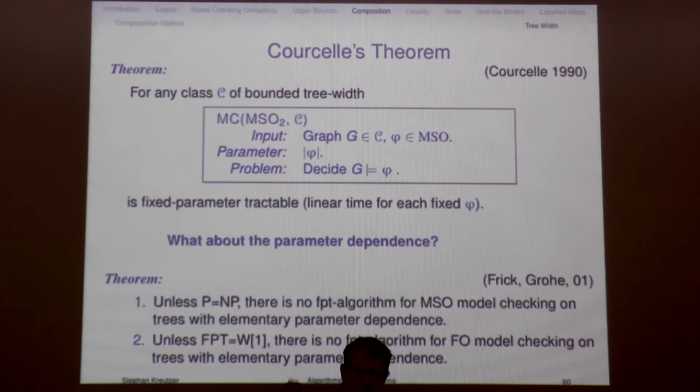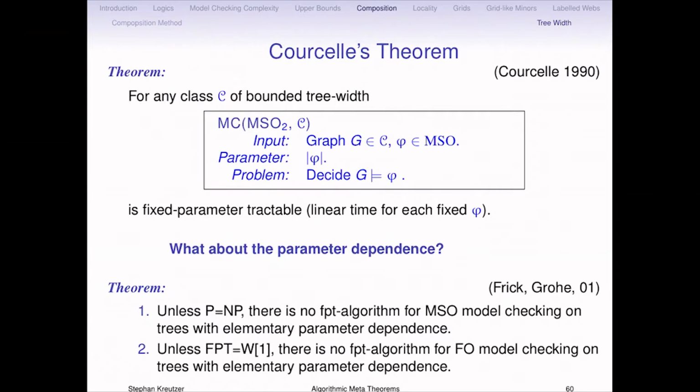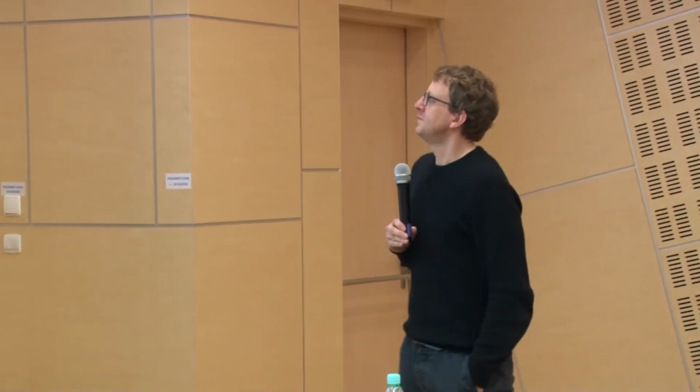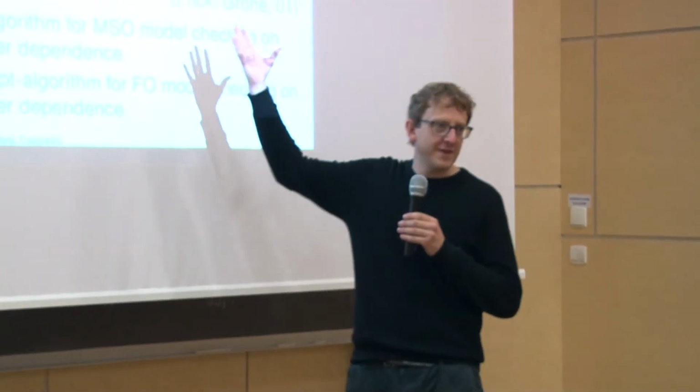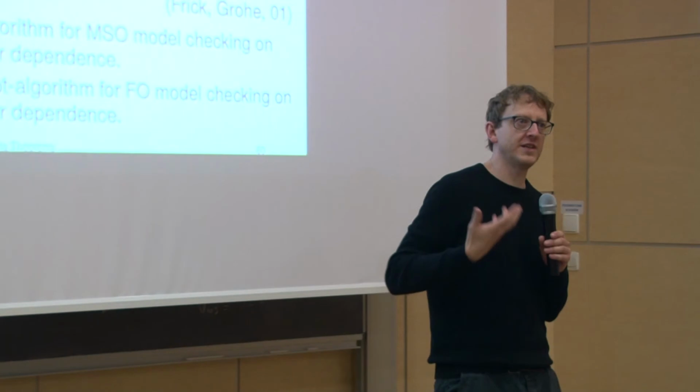Unless, in parameterized complexity, FPT is the same as W[1]. So these functions are astronomical. They grow extremely quickly. But this is not the right answer. For many years, for decades actually, we've been telling people, okay, this is a theoretical result, and it gives us a quick way of checking that something is linear time, but if you really want to implement this, you have to do it yourself and then optimize and so on.